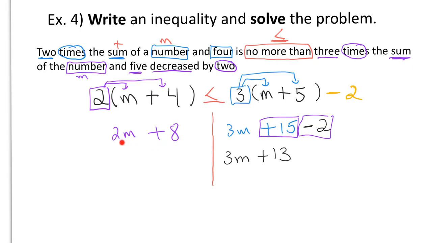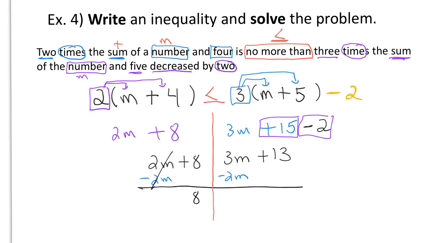On the left side, these are not like terms. So I just bring down the 2m plus 8. I do have variables on each side. I have a 2m and a 3m. So I'm going to get the smallest term with the variable, 2m, and I'm going to do the opposite. Minus 2m, minus 2m. So you guys will cancel the m's over here. There's a positive 8. And on the other side, 3m minus 2m. That's 1m. I don't need that 1. You just put an m. And you bring down the